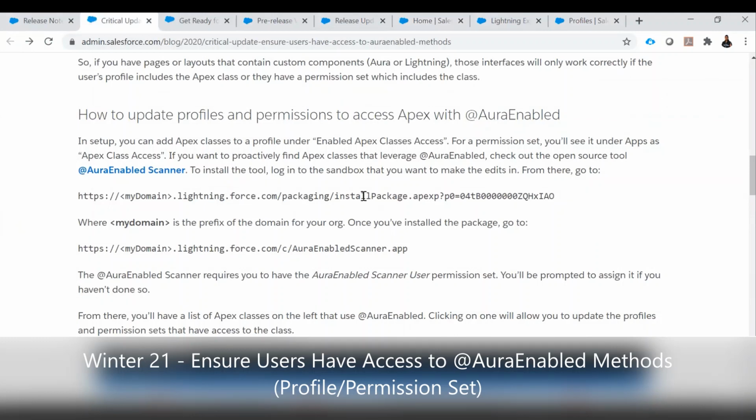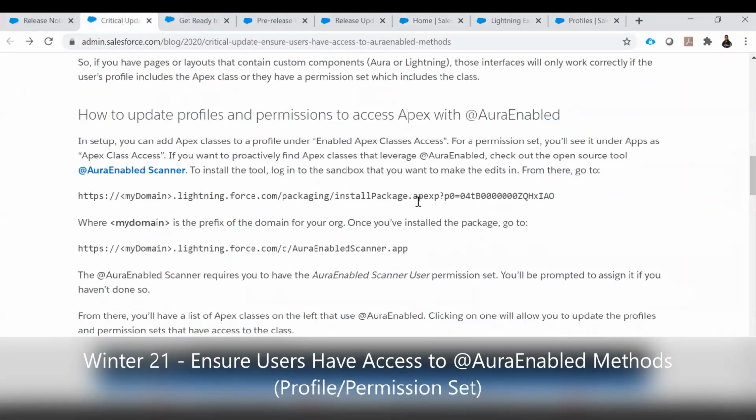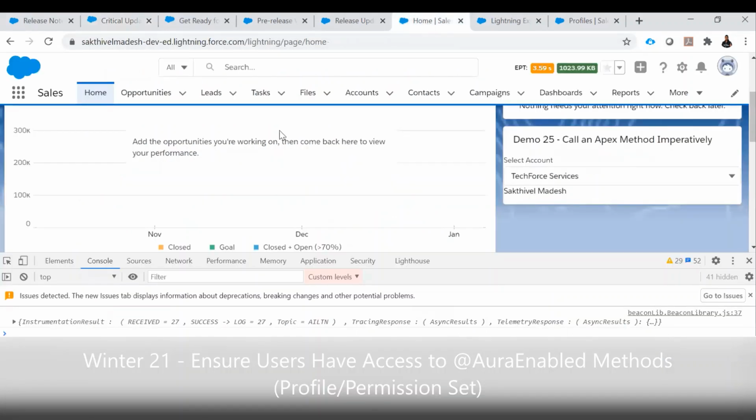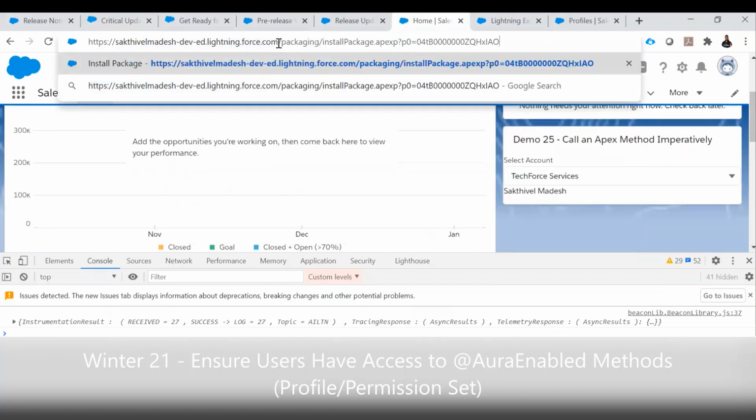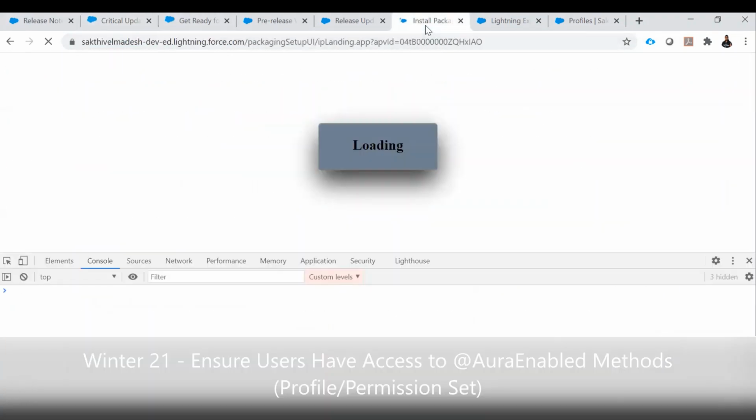If we install the package, let me go to install. I already installed it, but I will show you how we can install. Just copy and paste the packaging install package ID, log into your org, and simply replace the Lightning page home, basically the domain name of your org, with packaging install package, which we copied from the Salesforce article.